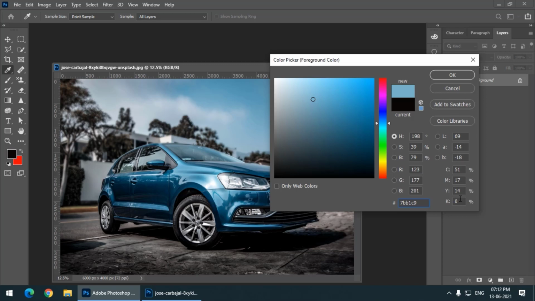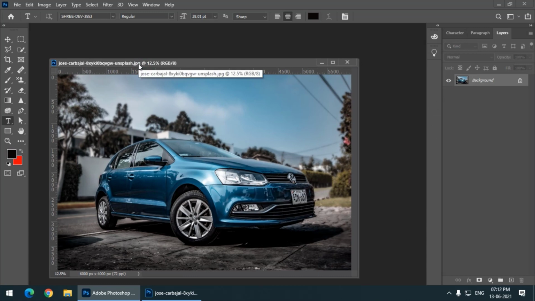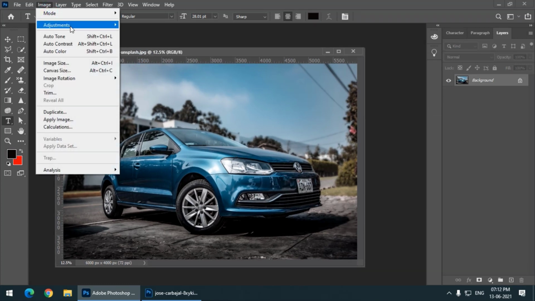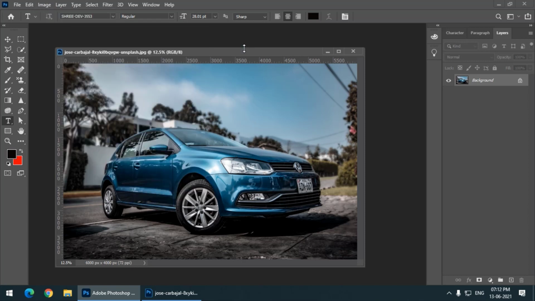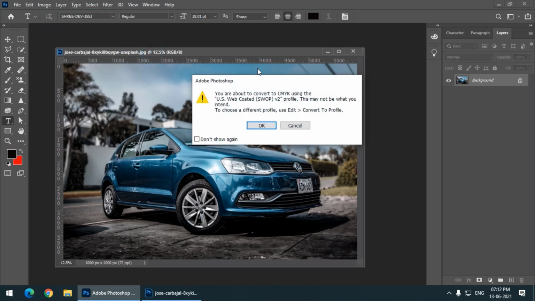Similarly, we have CMYK values as well, but first of all we'll see what will happen if we change any color mode. In certain images we cannot see a big difference. The difference is very subtle. So I'll go to mode and I'll change the mode to CMYK. It will ask us whether we want to change the color and convert.